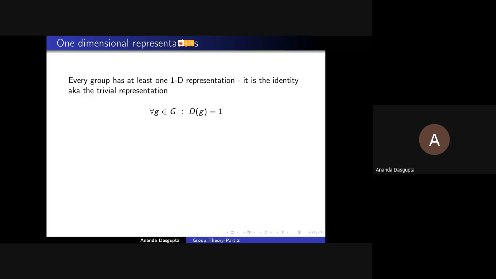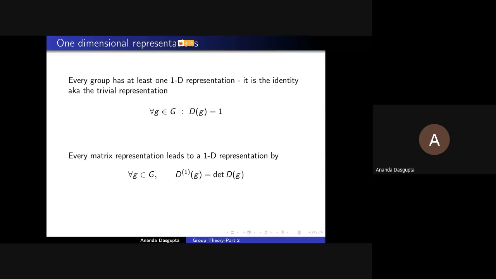What I was asking is, can you think of a single component which completely describes a physical system, a physical object which can be described by just one number, which is not a scalar? Can you think of such a thing? Think about it. We'll come back to that at the end of the lecture. But let's talk about other 1D representations possible.